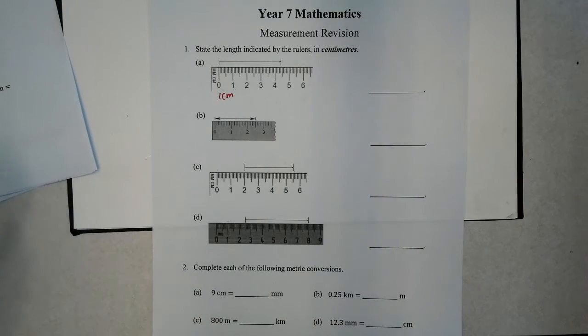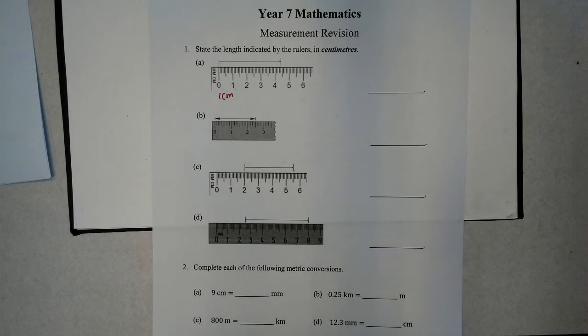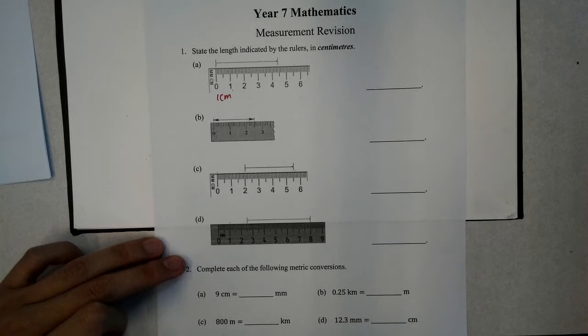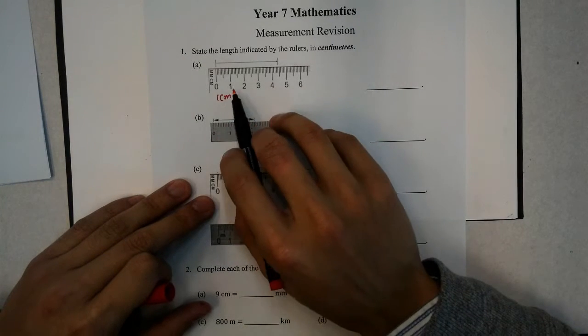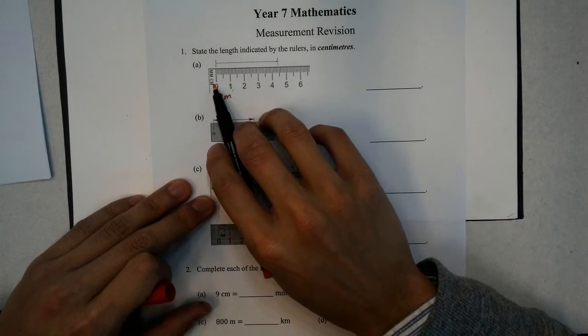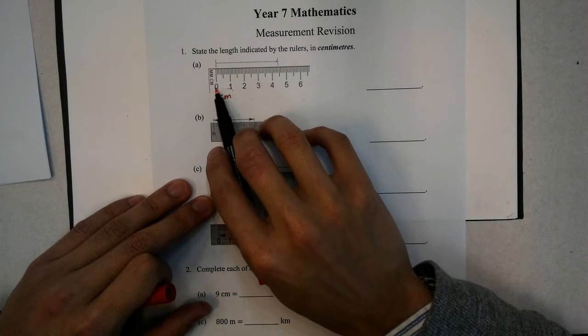Okay, now today we are going to talk about the measurement revision. Let's see the first question. It's asked how to read a ruler. So as we can see, the first is a millimeters and centimeters ruler, which means here from 0 to 1